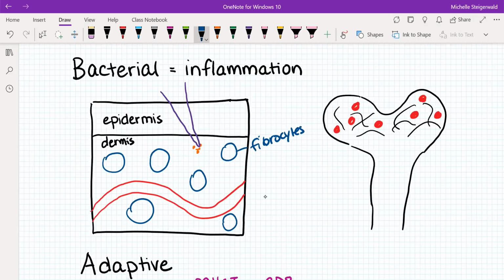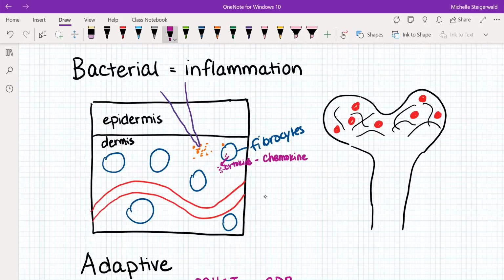So if you have the splinter that comes in and it has this bacteria on it, the bacteria is going to start releasing toxins. It'll release cytokines, and cells will recognize that. So these fibrocytes are going to recognize that, hey, there's these toxins, and it's going to cause it to release. I'm not going to show a vesicle here, but of course it's got to be in a vesicle because it's secreted. This is going to release more cytokines. In this case, it's a specific type of cytokine called a chemokine. So cytokine is just a signaling molecule. It could do lots of things, but a chemokine is very specifically